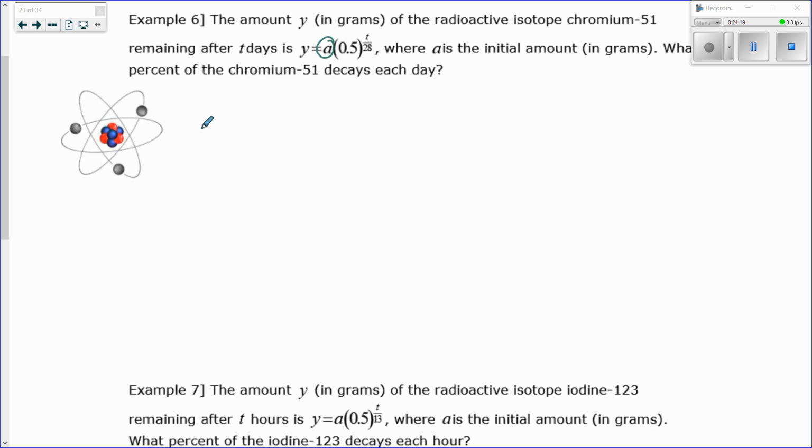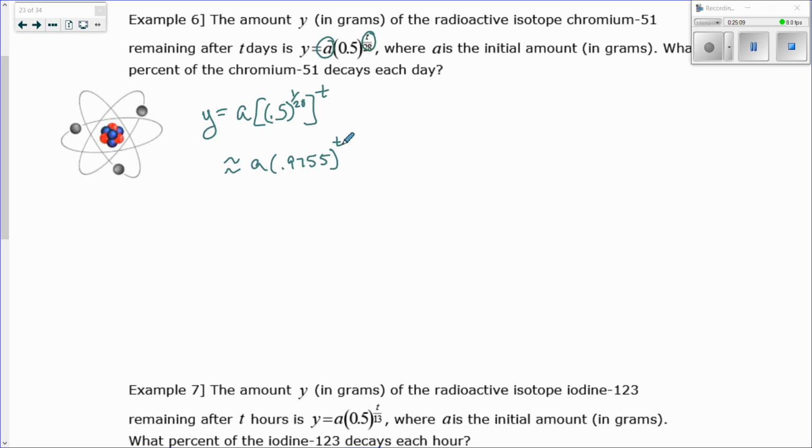So what we're going to do is rewrite our formula and break our exponent down into a fraction and a non-fraction. So A times 0.5 to the 1 over 28, and then we're going to raise that to the t power. So I'm separating out the numerator, the t, and I'm just writing the number that would be in front of the t, which is 1/28. Now in my calculator, I'm going to raise the 0.5 to the 1/28 power. So when I do that, I'll have A times 0.9755